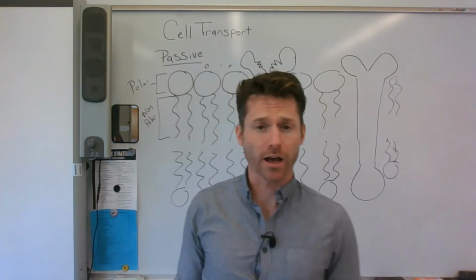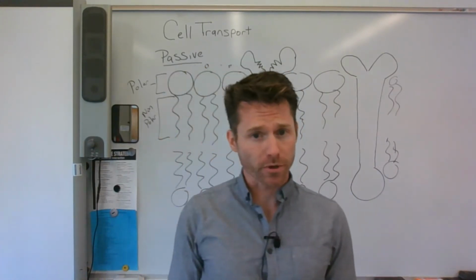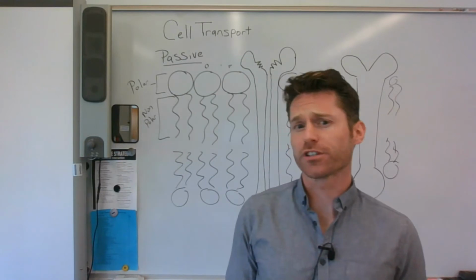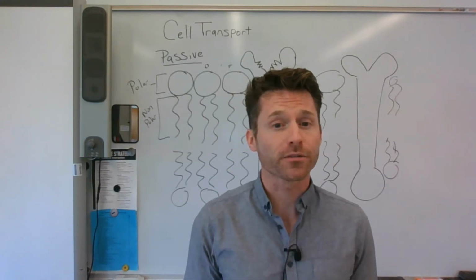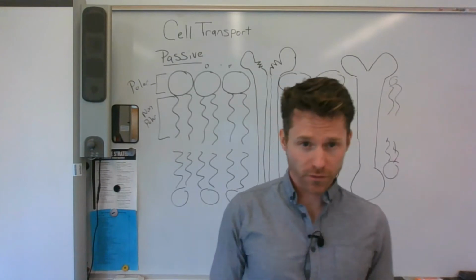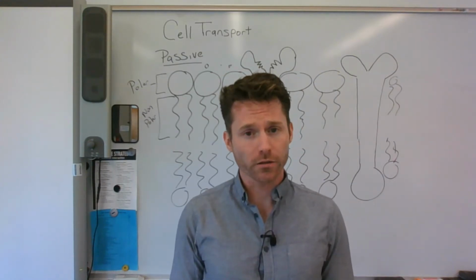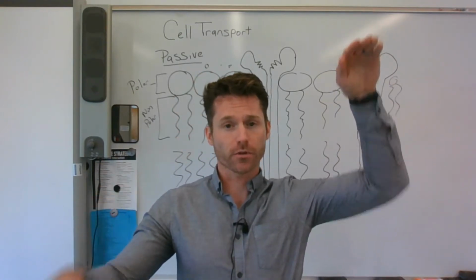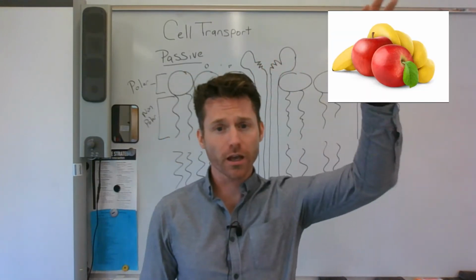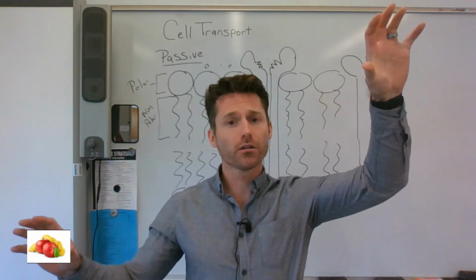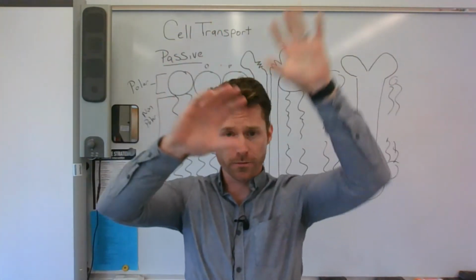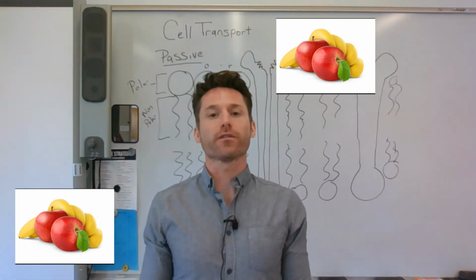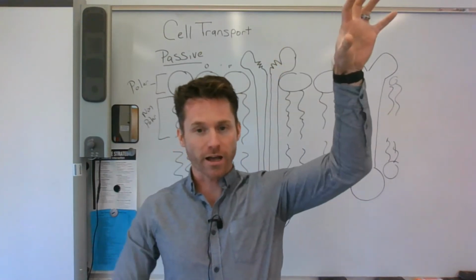We're going to start our conversation about cell transport on a topic that you should already be familiar with from Biology 1, and that's the general principles of diffusion and passive transport. Diffusion is the tendency of molecules to move from a high concentration to a low concentration. If I have a lot of apple bananas over here and very few apple bananas over here, the apple bananas are going to disperse randomly, and it's going to reach an equilibrium where eventually I'm going to have equal amounts of apple bananas everywhere, because they moved from the high to the low